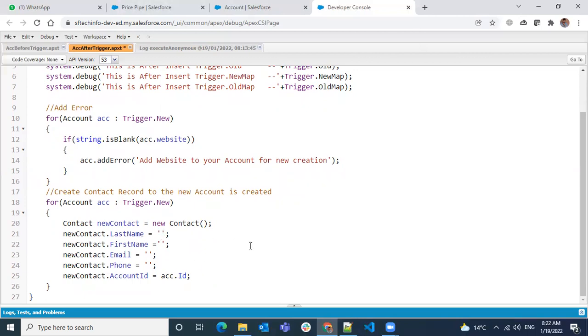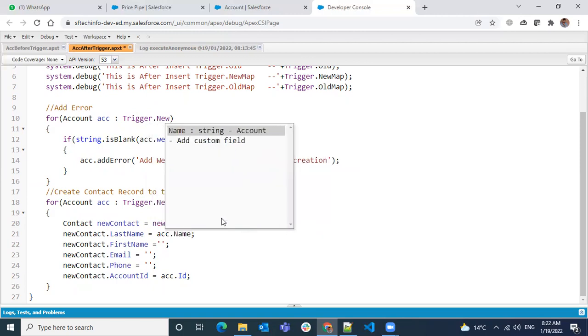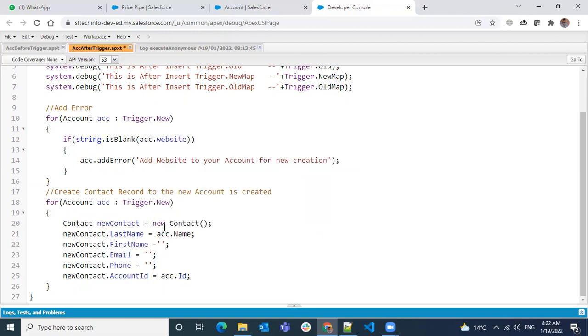Now let's give some value here. The last name of the contact should be the account name. Whatever account name we have, the same name I want to create a contact, and in contact, the first name I want to give something called default